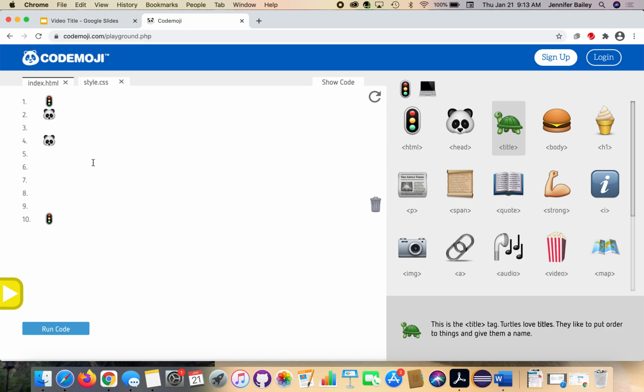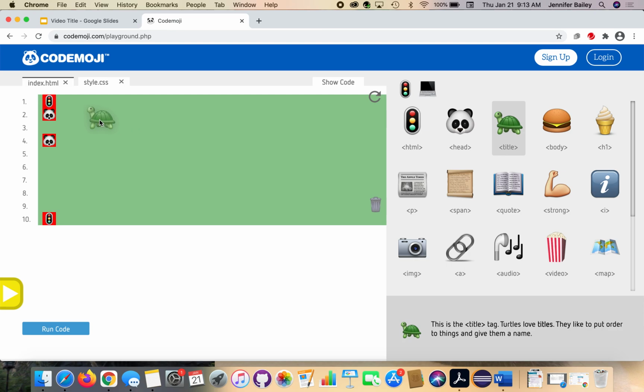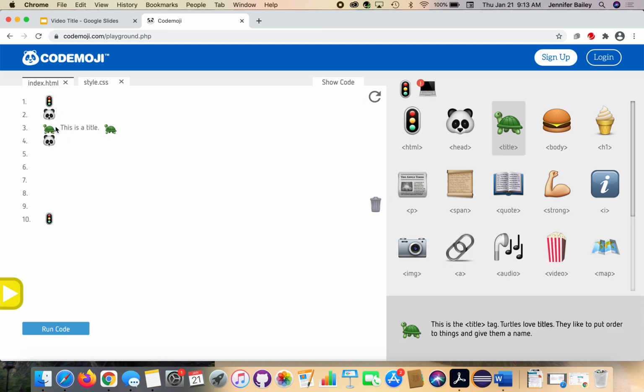It's the video slide I use at the start of it. So we're going to click this turtle, and we're going to place it between the two pandas. And you can see that it started here with an opening and closing. So some of these you'll have to drag two onto the page. Some of them will come with two already. So just click on the words, double click over or drag